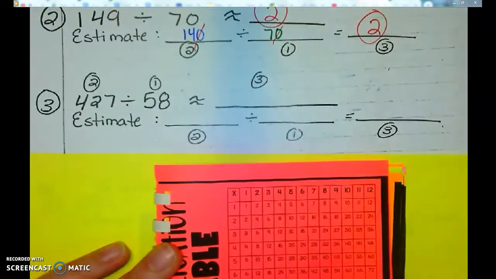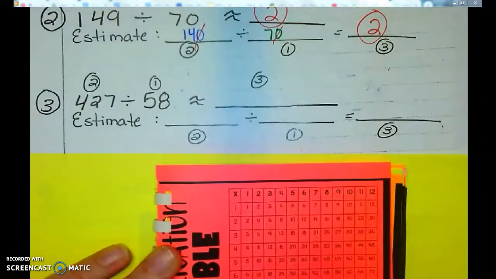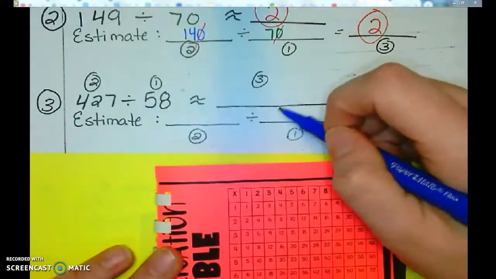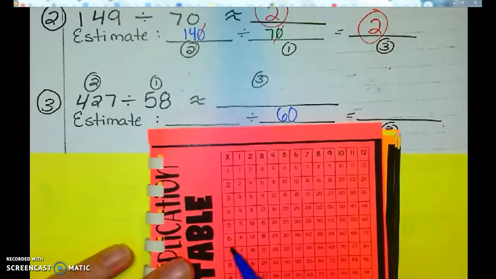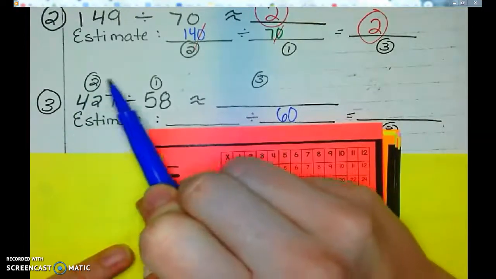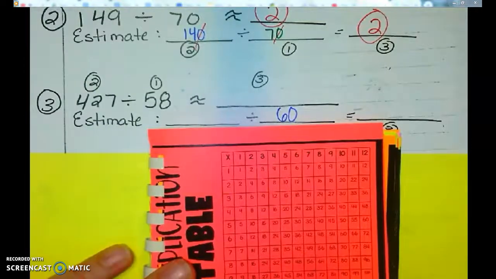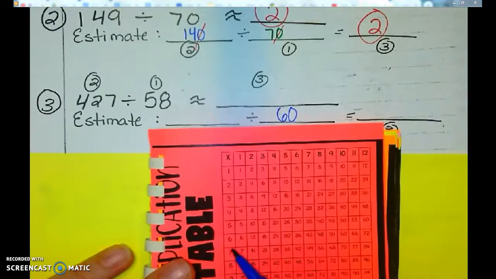I'm going to start by looking at my divisor. What can I easily round that to? Well, I can easily round that to 60. Now I'm going to look at my chart, at my 6s, and see what 6 can go into that's around 427, or around maybe 420, because I can make that a 0 at the end. So 6, 12, 18, 24, 30, 36. Ooh, it can go into 42